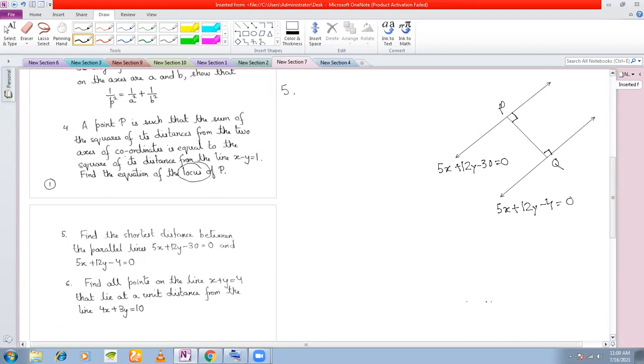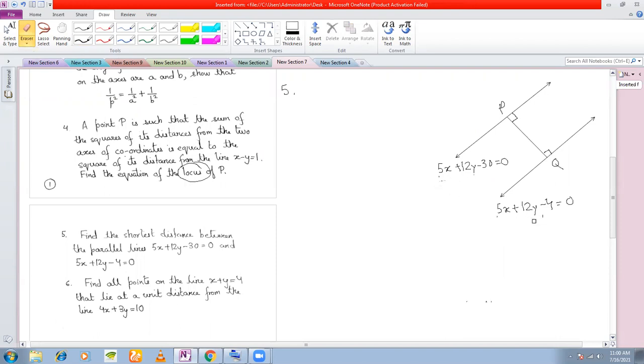Now there are actually two methods of doing this. One method I have already shown you a little earlier, so I'll just discuss that method briefly. This is the actual method, and you might find this method really easy also. Now, first of all, what you notice here is that these two lines are parallel because if you see the x and the y coefficients here, they are the same. So they are parallel. That is for sure.